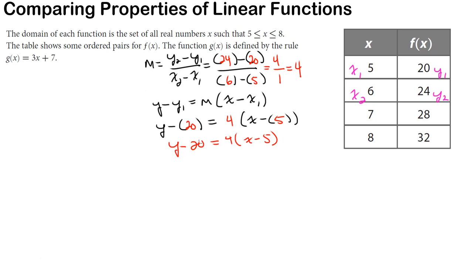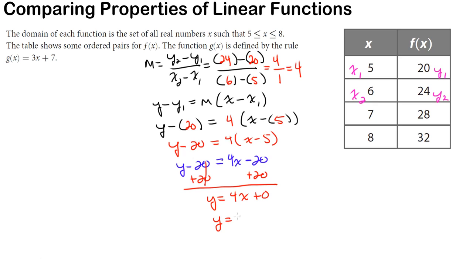Now I want to continue because I want to write this in slope-intercept form, so I need to distribute. 4 times x is 4x, and 4 times negative 5 is negative 20. Bring down the rest of this, and then finally I just need to add 20 to both sides, and I get the equation y equals 4x plus 0, which I could just write as y equals 4x. Actually, it's not y, it's f of x, because we're going to write this as a function rule. So the function rule for this table is f of x equals